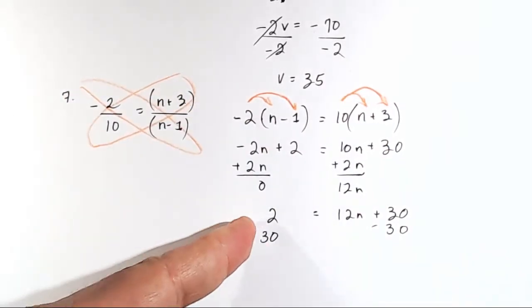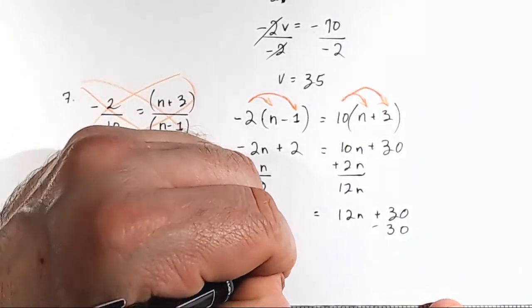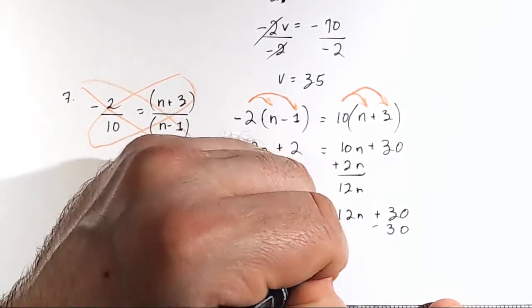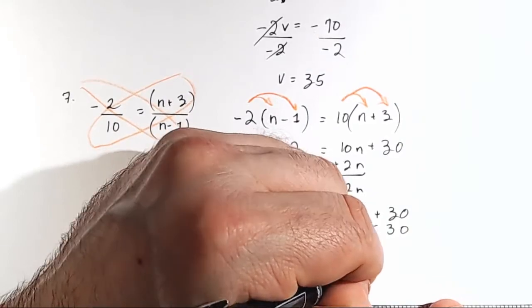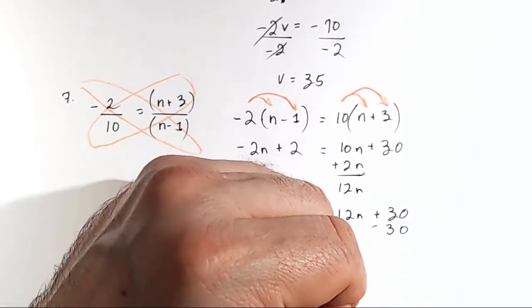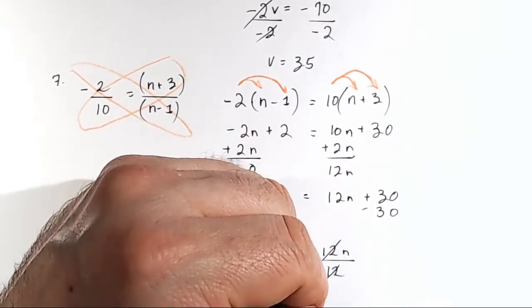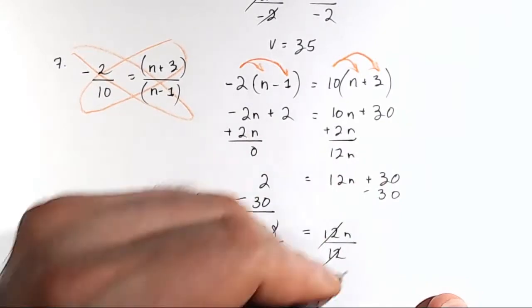So 2 minus 30 is negative 28 equals 12n. You got to divide both sides by 12. On the right, they cancel, so we now have n equals